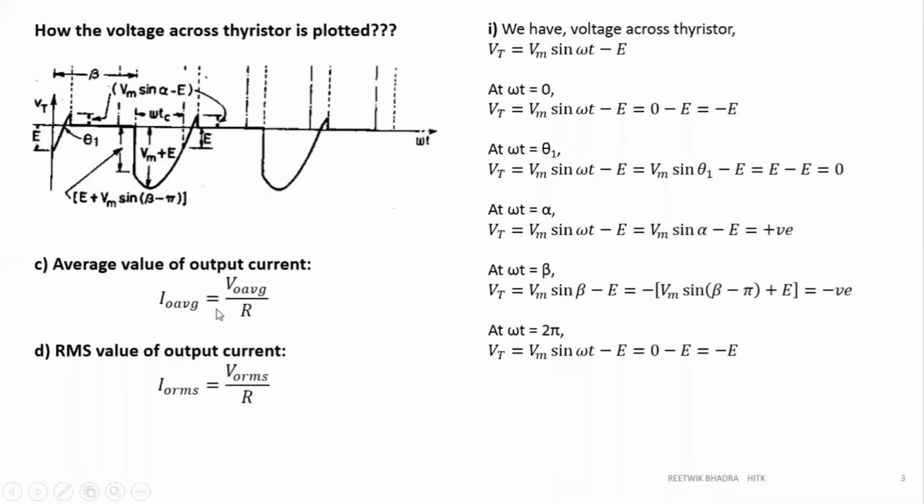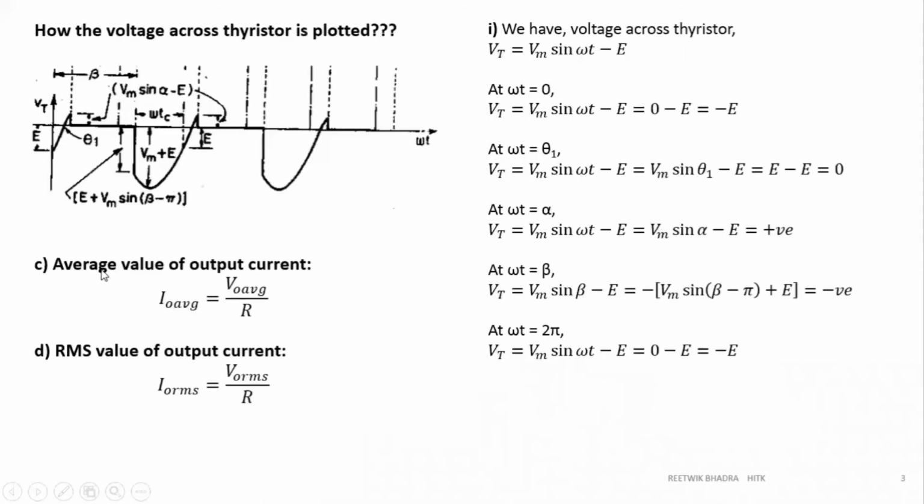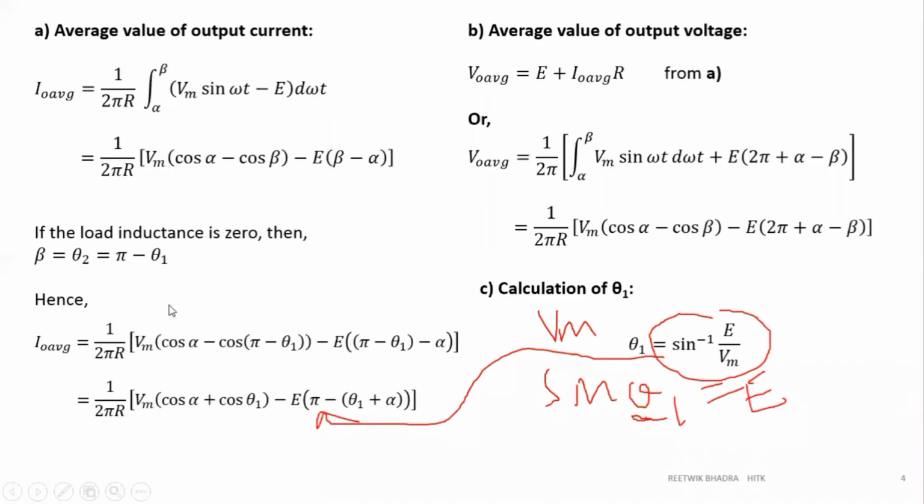Okay, generally what we do over here, we don't follow this equation. I'll just remove this equation for you because it will create confusion. Because there is an EMF over here, E over here, what we do is calculate our I. When I calculate my I, then V0 will be E plus I0 average into R. That will be easier for us, rather than calculating our V and dividing it by R. Because you see, now V0 average is not equal to direct I0 average into R. There is a factor E over here. That's why I'll say don't go by this formula. Okay, I'll remove this. Sorry for the mistake.